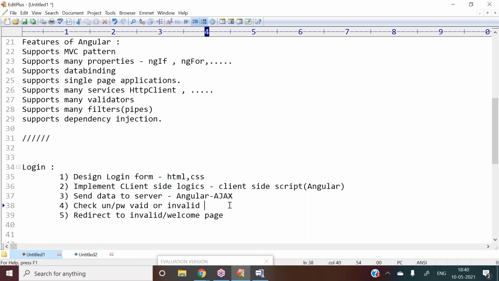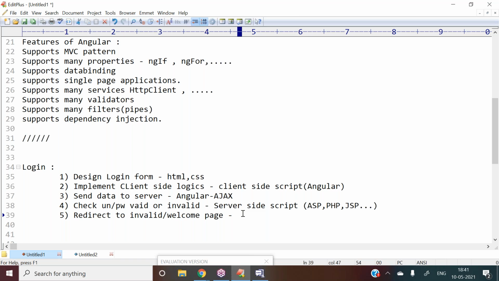To check whether the username and password are valid or invalid, we take the support of a server-side script like ASP, PHP, or JSP. Later, to redirect to the error page or welcome page,